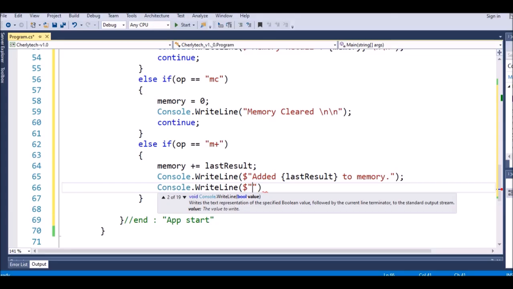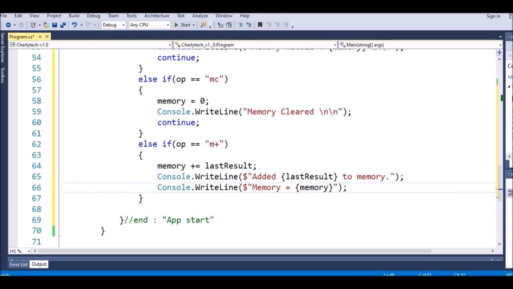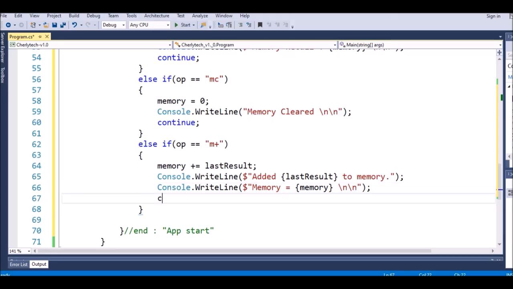So here we say memory is equal, so we show to the user how much is the memory right now. So in here we put like this, and sometimes maybe we have to enter the new line. So after that we have to tell the program to continue this. Okay,